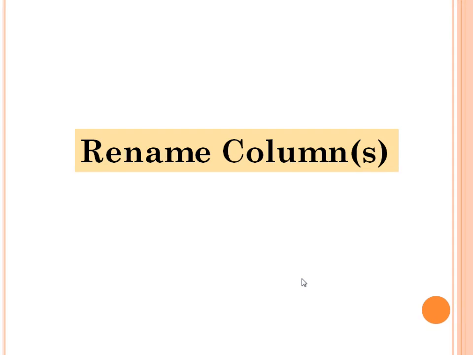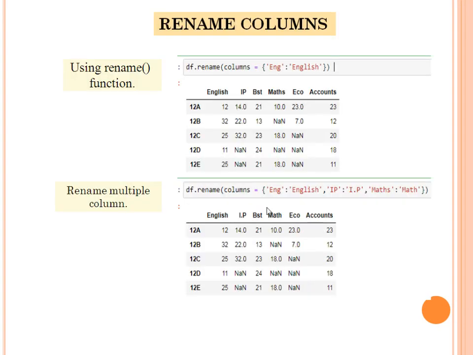Now we'll see how to rename the columns. Actually, sometimes renaming the column is also important. So for renaming a column, we will use this rename function, and it will go like this: df.rename columns equals columns in the dictionary. Of course, the short form of English is converted into the capital form of English. So see the effect on the data frame. And if you want multiple columns to be renamed together, you can use the dictionary with their key-value pairs, and the data frame is actually updated.